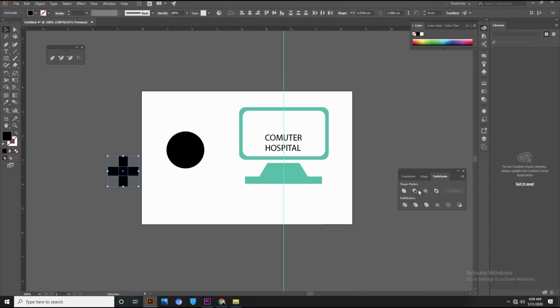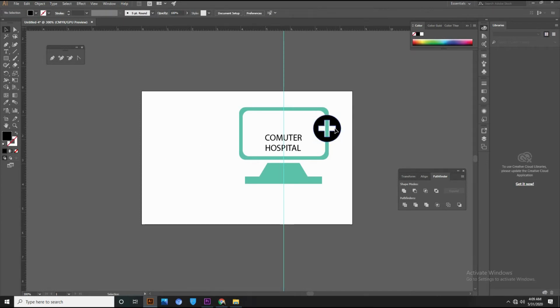Now select both of them and attach or unite. They'll change into a single object. We'll place it in the center of this one, and then we'll select both of them and subtract. Okay, got my logo. I'll place this here, and for a better feel,